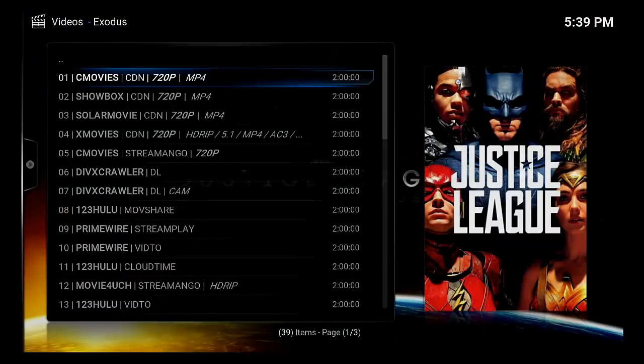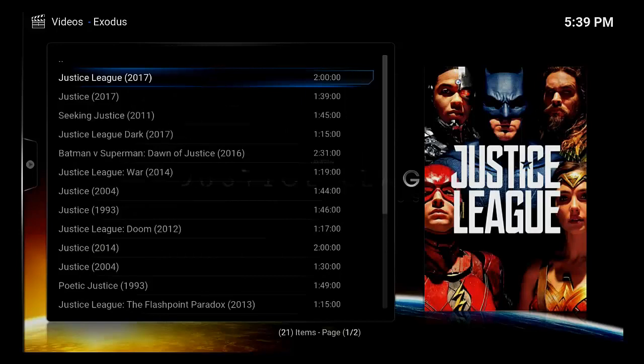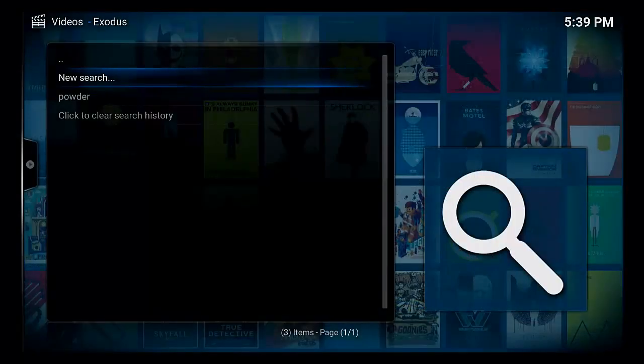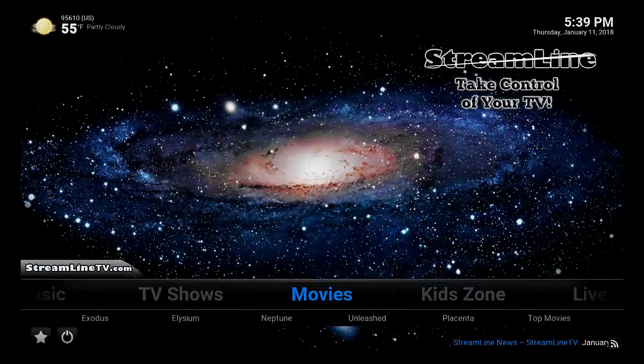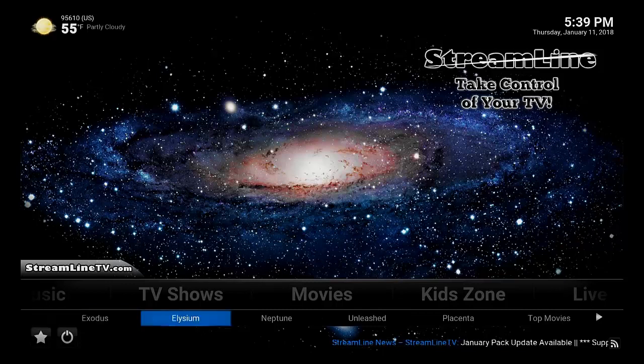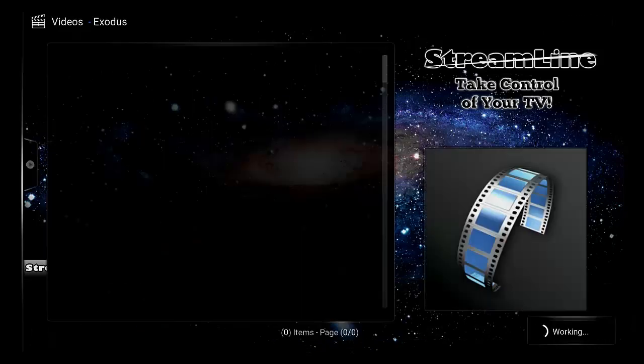Alright, so that's how you do a search. And let's say, for instance, you found something in one add-on, but you couldn't find a good version of it, or you weren't able to find it in one. So Exodus, you couldn't find something there, you can go over to Elysium and give it a try, or go down the list. So I'm going to go ahead and go into Elysium,